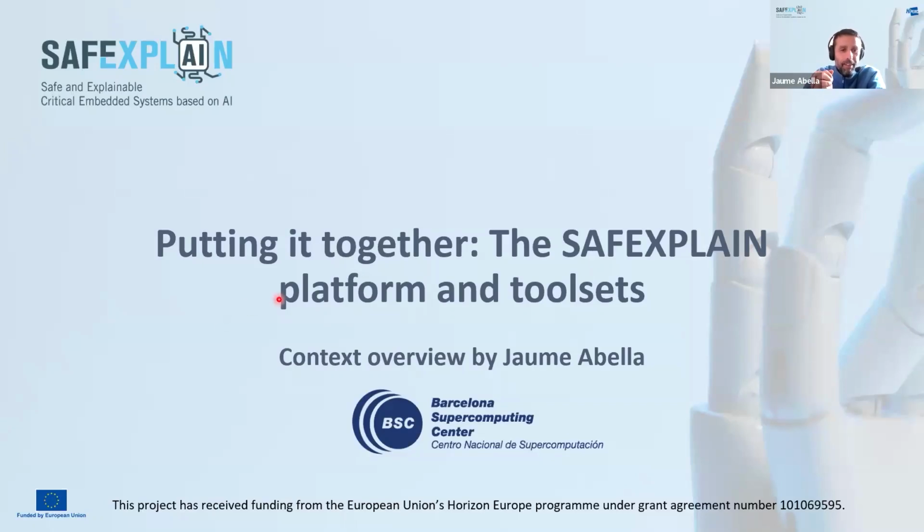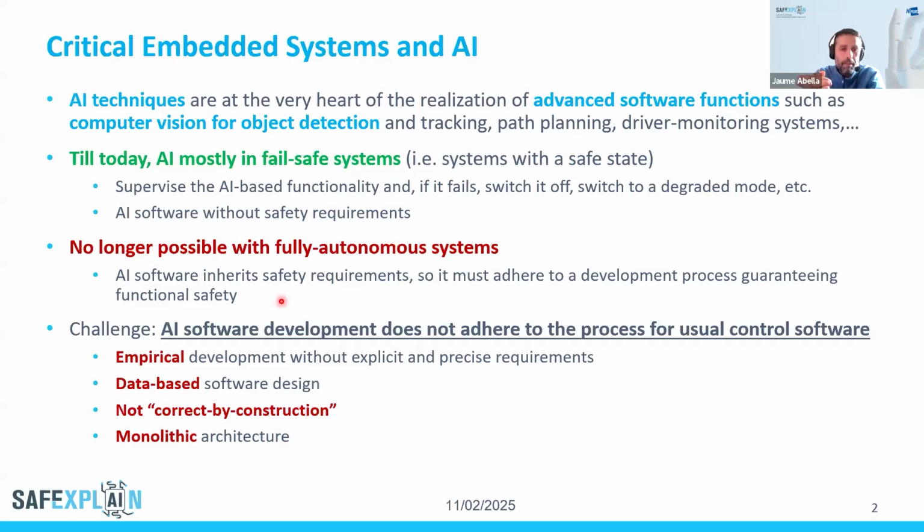Okay, welcome everybody. I will be putting a bit of the context, the ground for the presentation that Enrico will be giving today. You will see that our target problem is the use of AI solutions on safety critical systems. These are solutions we really need in our systems because of the need of computer vision for object detection and autonomous navigation. I would say that this is the main problem that comes to our minds when we think on this challenge.